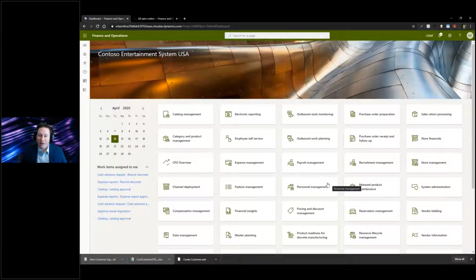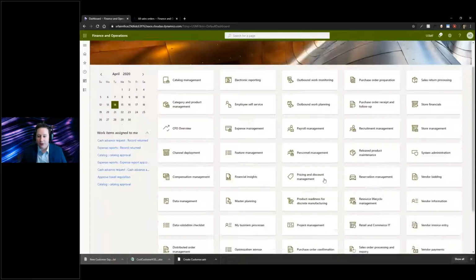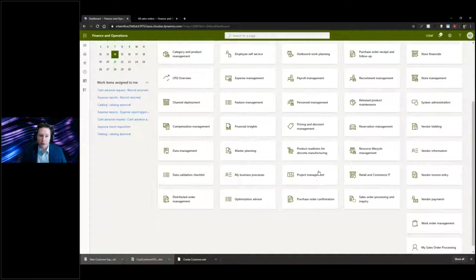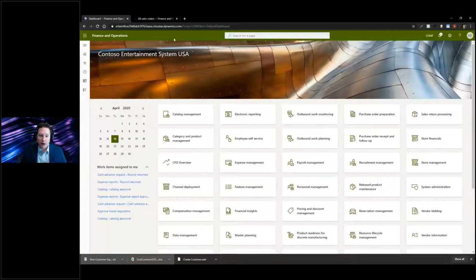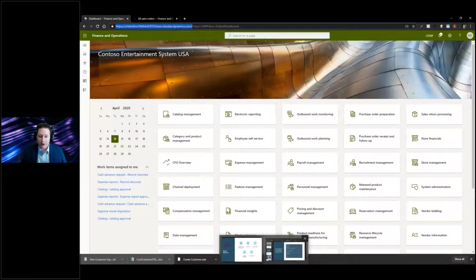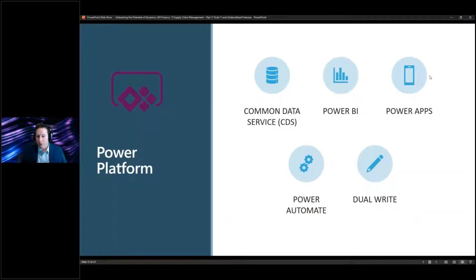Power BI, right? Everyone uses it and it's so powerful and it's so nice to have in your workspaces, to be able to go through and expose or add to it. So obviously, getting to your data inside of Power BI is also pretty critical, right? So what I want to do is show you really quickly that if you want to use any of these, Power BI, Power Apps, Power Automate, Dual Write,